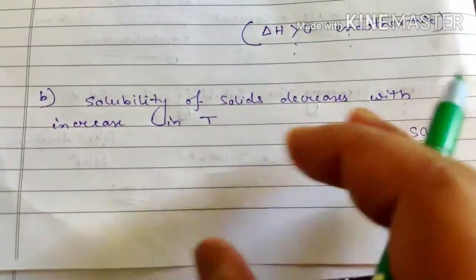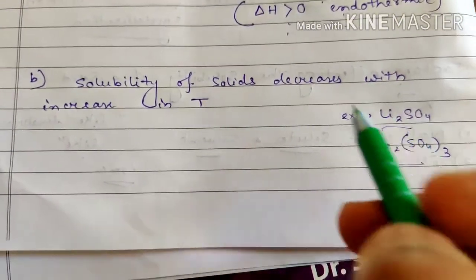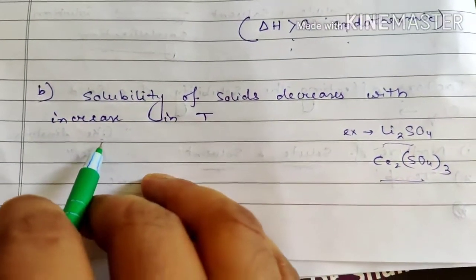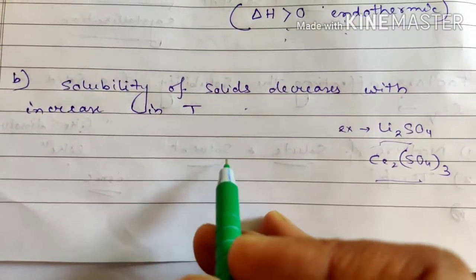But there is another case also. In the case of lithium sulfate and cerium sulfate, we have seen just the opposite thing happens. The solubility of solids in these cases decreases with the increase in temperature. The reason is,